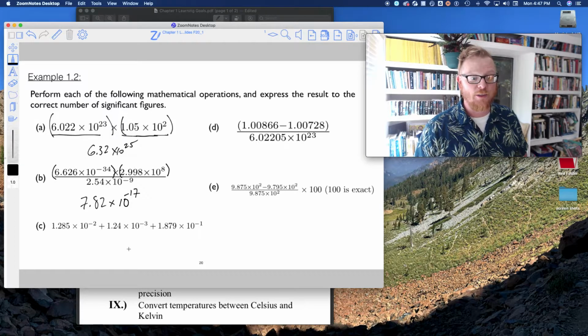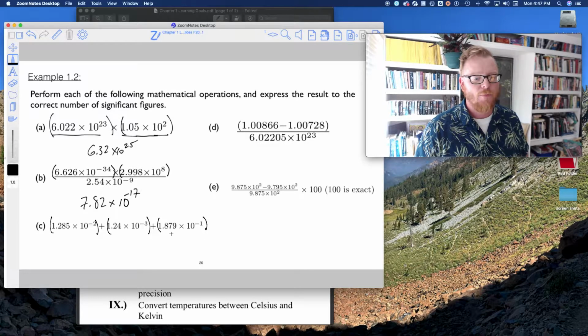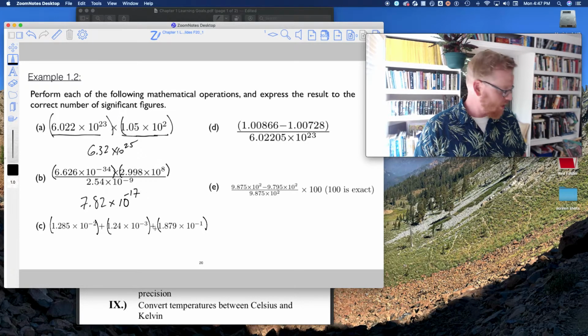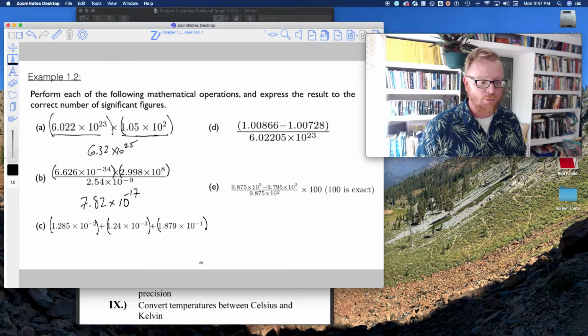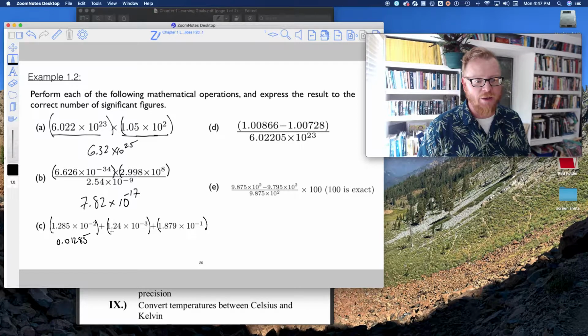So now part C, look, this is a bunch of addition with all of these scientific notation. And when you get to this, I take advantage of lining these up and writing these out as decimals. Okay, so 1.285 times 10 to the minus 2. So if I go 1, 2, that means I can write that as 0.01285. Okay, and then now 1.24 times 10 to the minus 3, I can go 1, 2, 3, and then that goes as